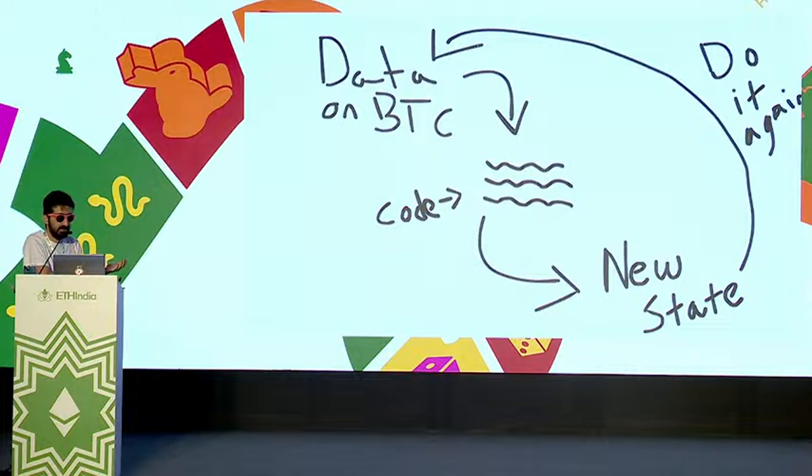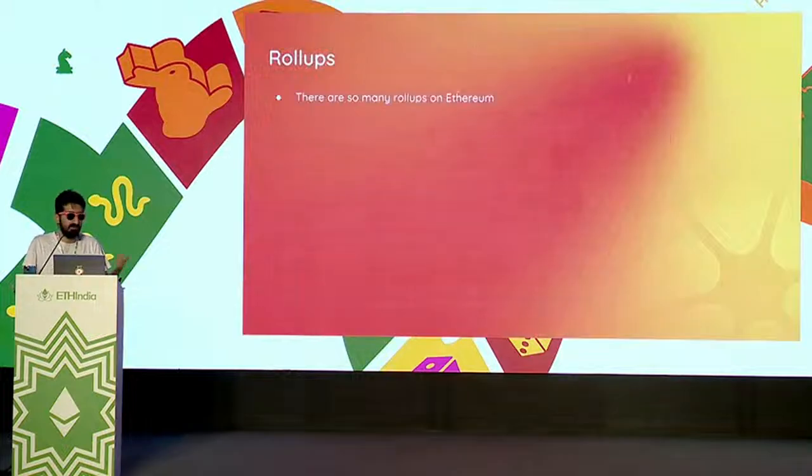They're all public. People can always verify it. People can always be synced into what you're doing, always aware of what's going on. And even further, they can also verify it using different techniques that I will come to in a minute. So yeah, there are many rollups on Ethereum. If you go to this area, you will probably see a bunch of them as well.